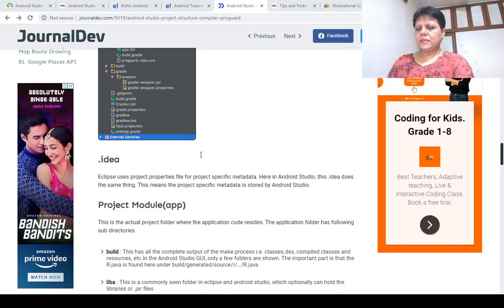The compiler converts compiled class files to an executable .dex file in the Dalvik format for further execution in the Android environment.